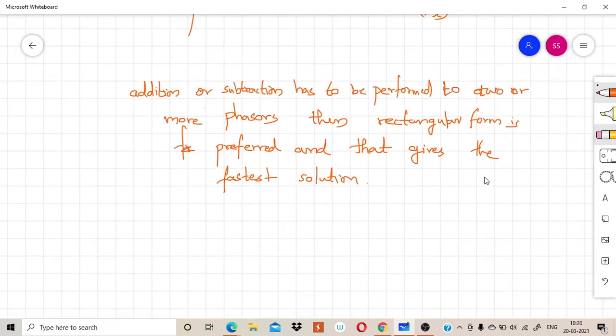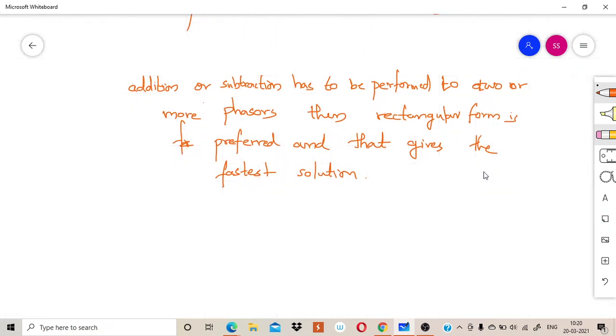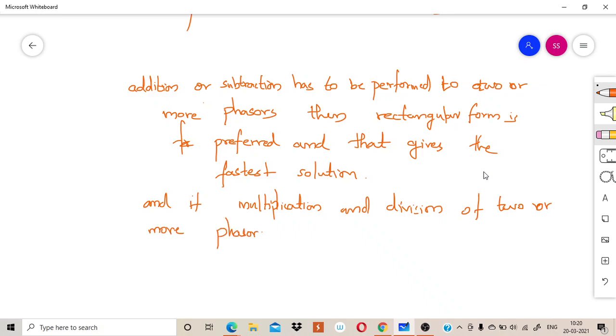And if multiplication and division of two or more phasors has to be performed,